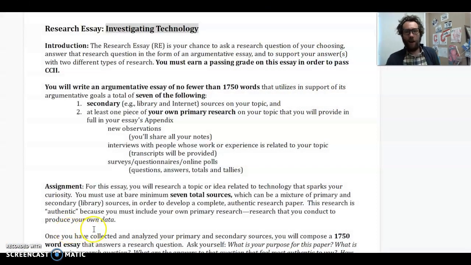But you may be generating just a little bit more work for yourself in the future. So just a caveat, just something to consider. So if you are severely burned out on tech topics, I'm sympathetic, and I will help you find a topic that doesn't involve technology very heavily, but does so in some way that we both find satisfactory.